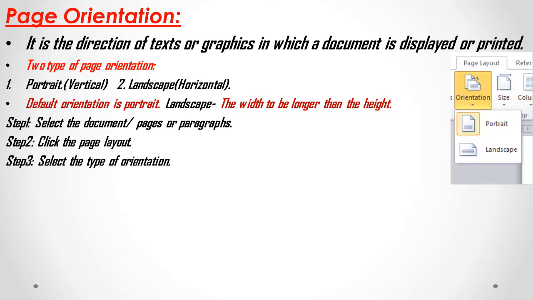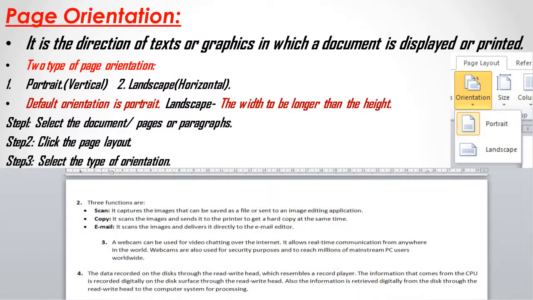Click that orientation option. In that, two kinds of orientation are there, portrait and landscape. Which style do you want? By default it will be portrait. Now we will check how the landscape will come. I'll select landscape. Look at this. The size of the sheet is a little bigger, bigger in the sense the width is more compared to height. That is about landscape.